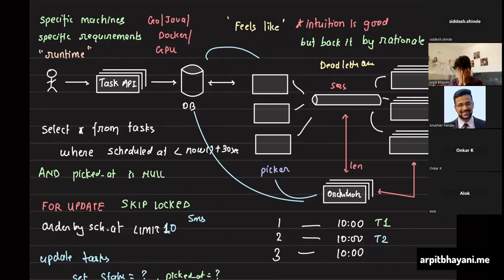Hey, Abid. A couple of questions on this part. I think we also need to auto scale the schedulers themselves, right? We need to monitor and auto scale. Scheduler as in pickers? Yeah, the pickers. Yeah, they are auto scaled. The orchestrator scales up pickers based on the tasks that are there in the database for the next 20 or 30 minutes. Maybe I missed it, because we need to auto scale both of them, workers and everything, right? Yeah, correct, both of them.